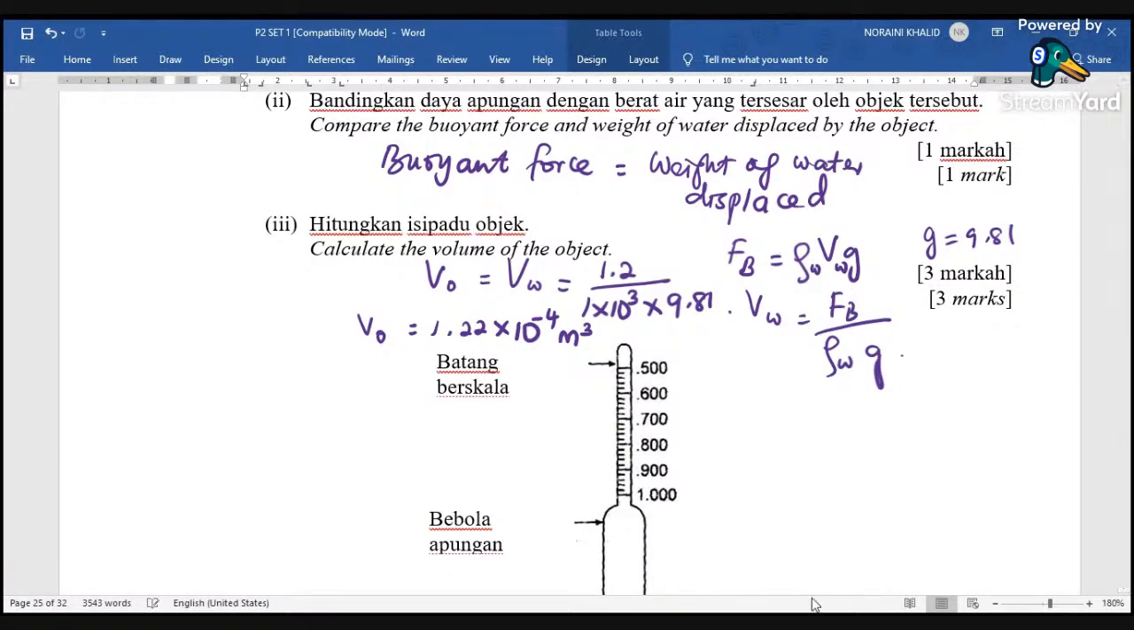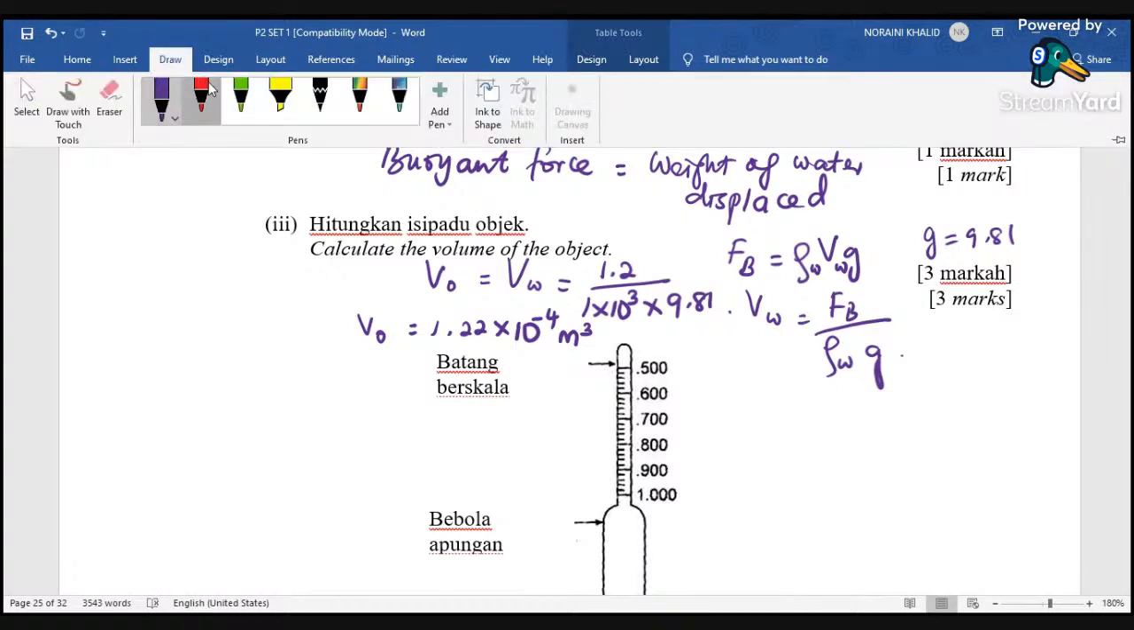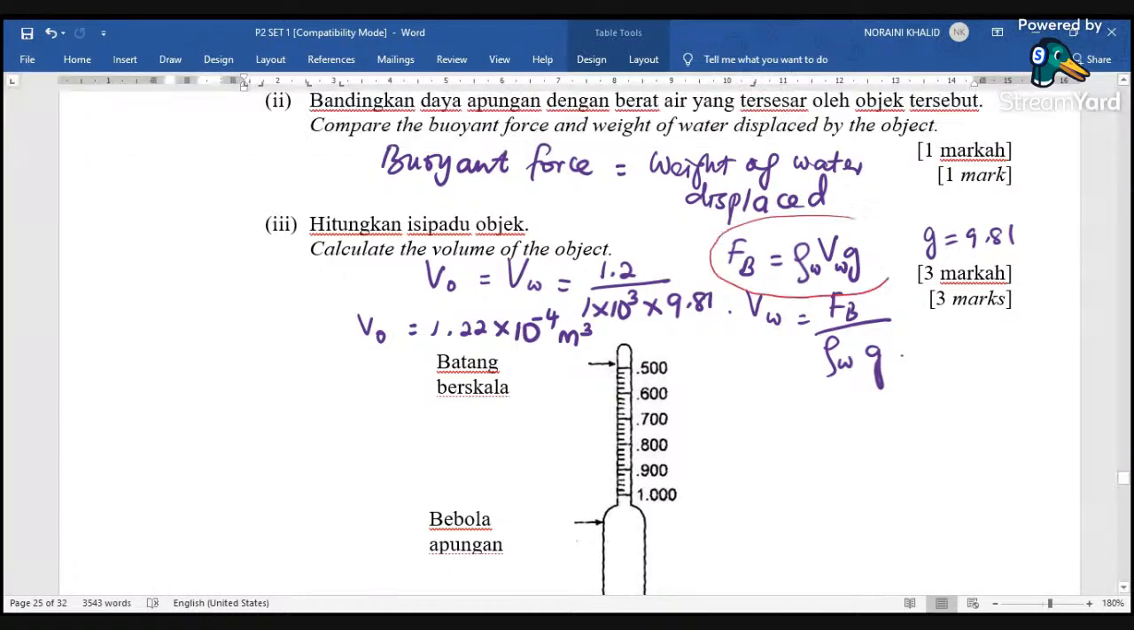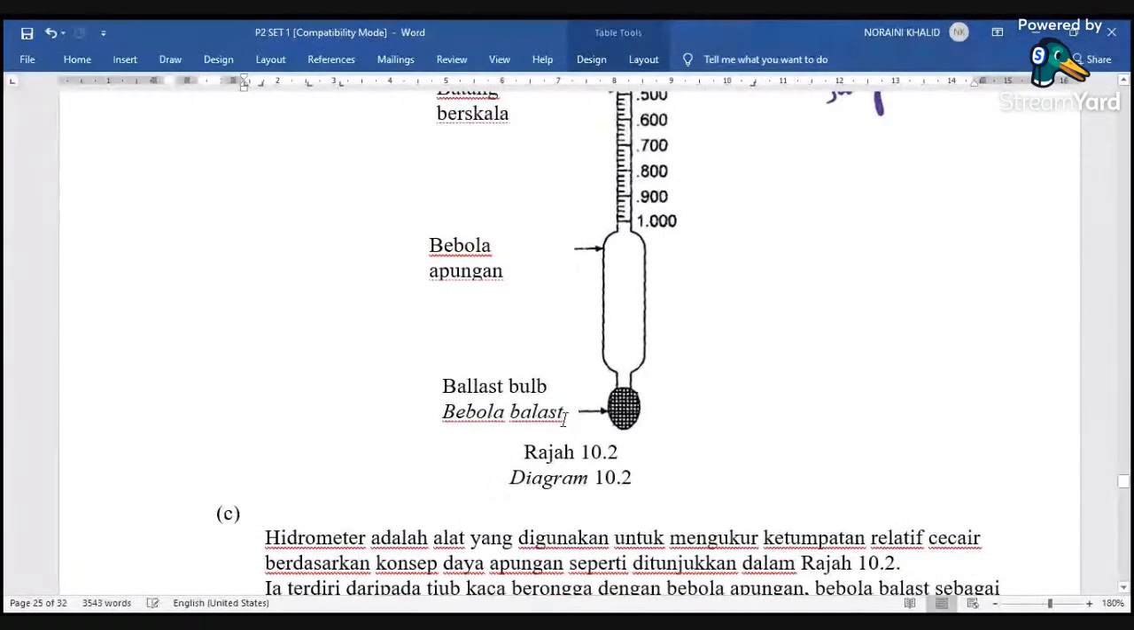Okay, make sure you are familiar with this formula. Kita tahu formula ni. Okay, buoyant force punya formula. Buoyant force equals to weight of liquid displaced. Okay, part C,